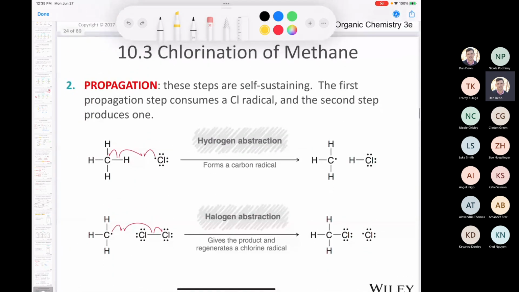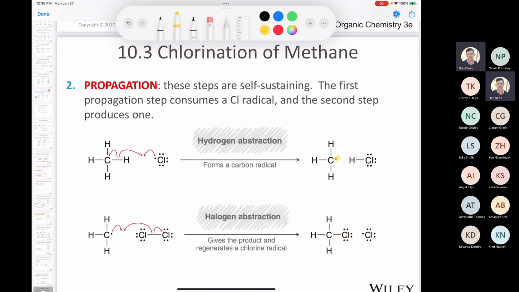Thus, when you look at the first step of the propagation, it's hydrogen abstraction. The chlorine radical is going to rip a proton off to make HCl, and then you end up with the methyl radical. Okay, but remember, we need to add a chlorine there. So